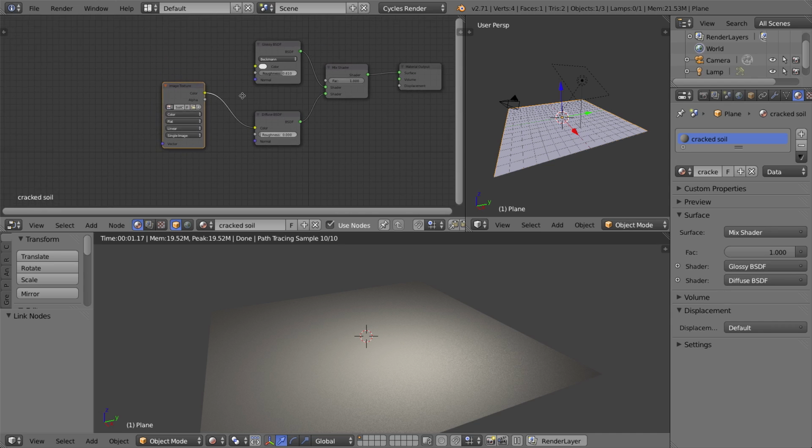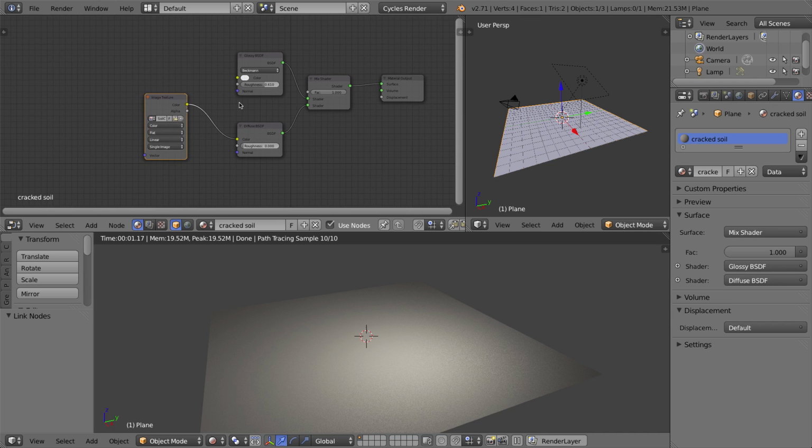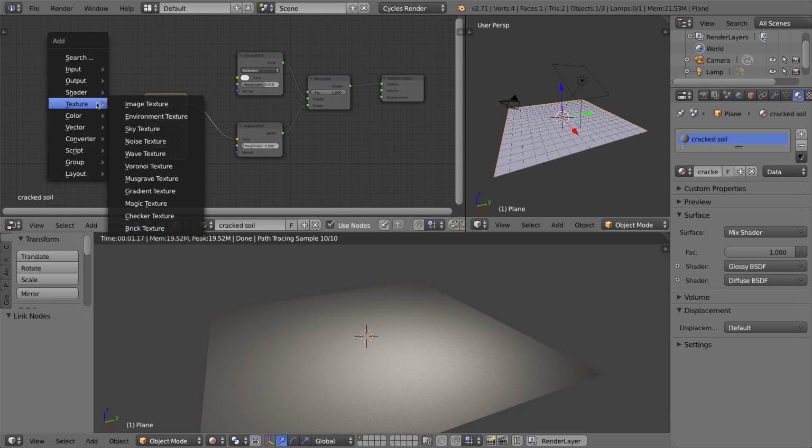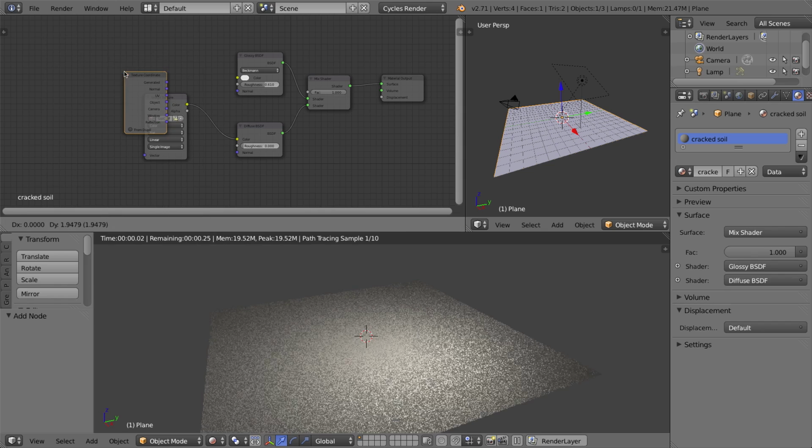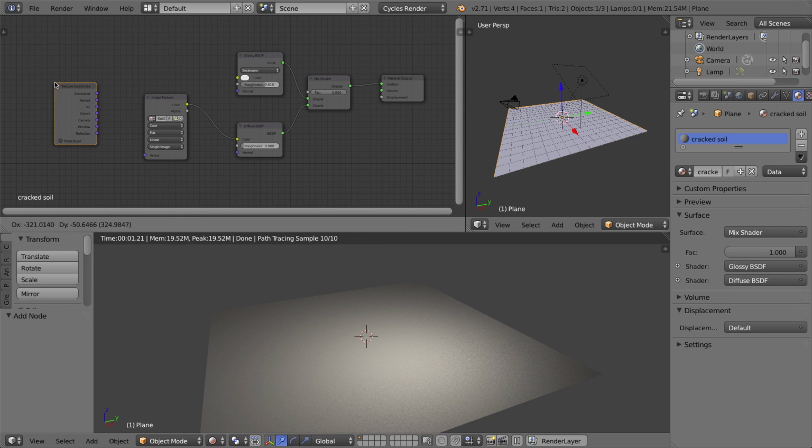Yes, our nodes are getting pretty complicated here, and they will be quite complicated at the end of this video, but I'm trying to explain it as best as I can. So I'm going to add a new node, and I usually have a hard time finding this. It's going to be under input and texture coordinate. Yes, that is it. So the texture coordinate lets you pick normal, which would be from normal mapping, which kind of means